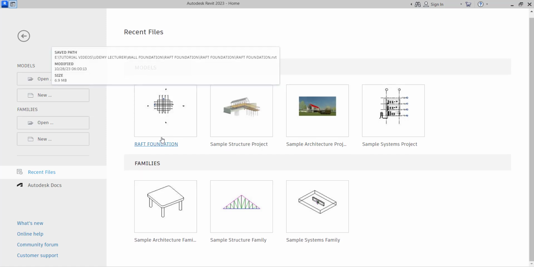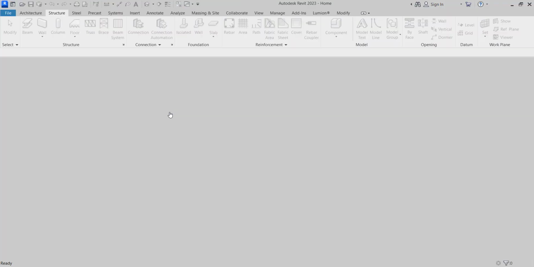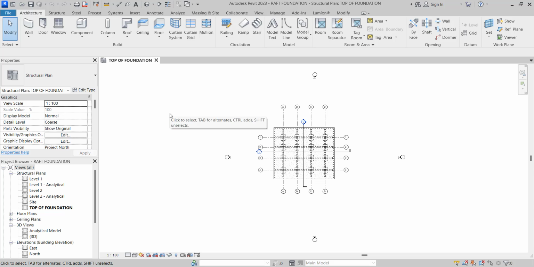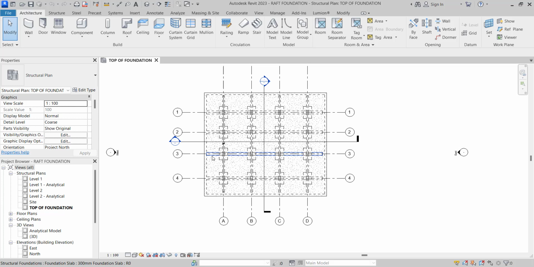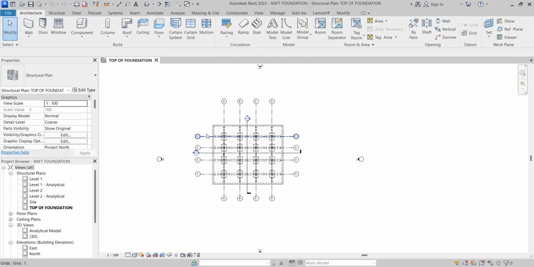This is the previous video where we worked on the rough foundation. We are going to continue to use this as our template. So I'm going to open the raft foundation from here, and we work around this raft foundation. First of all, we are going to create certain